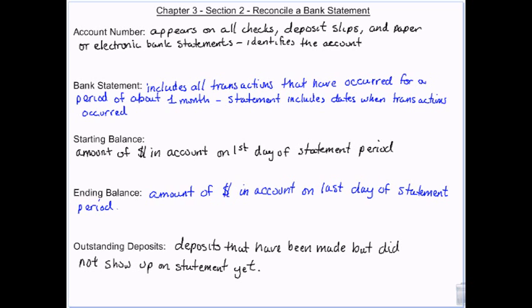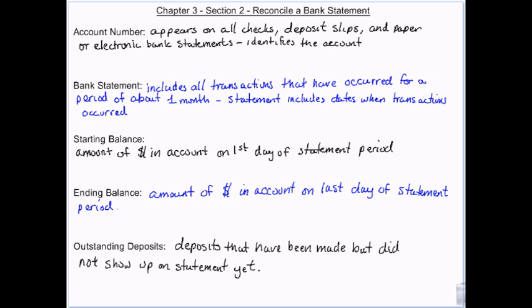Your bank statement comes about every month. Depending on the bank, they'll either do a calendar month, or they'll do a 30-day, 31-day, or 28-day statement period. It just depends on the bank. I would say the majority of banks do the calendar month, but not all of them. Let's say they do the calendar month, they include all the transactions that happen between the 1st and the last day of the month. So whether that's the 28th, 29th, 30th, or 31st. 29th, of course, if it's a February leap year.